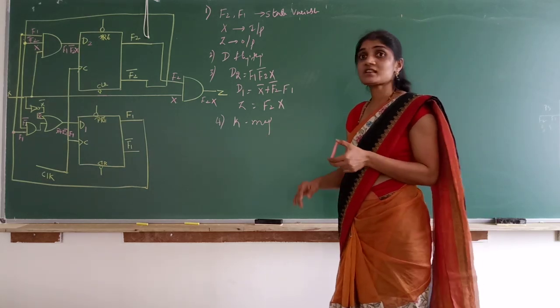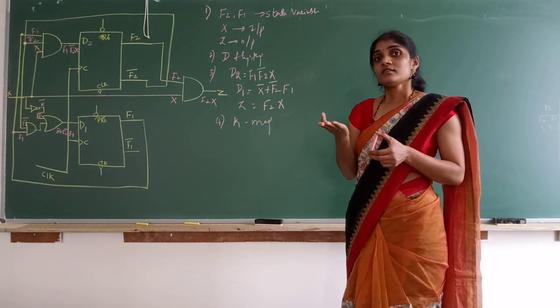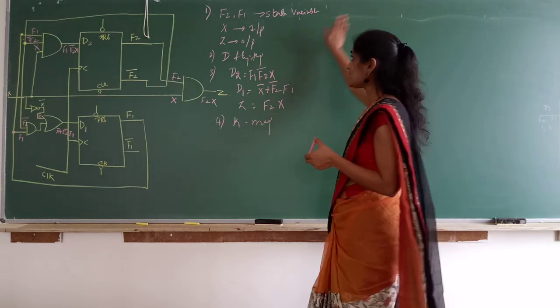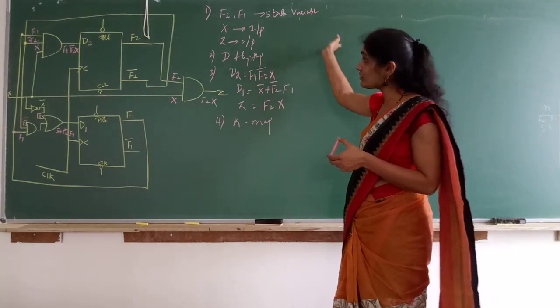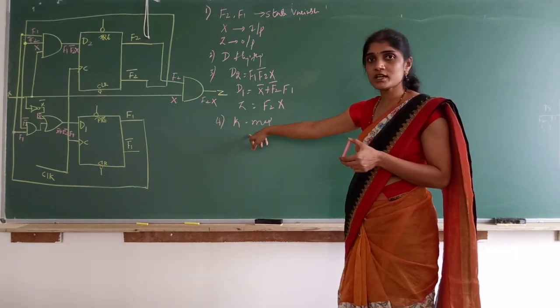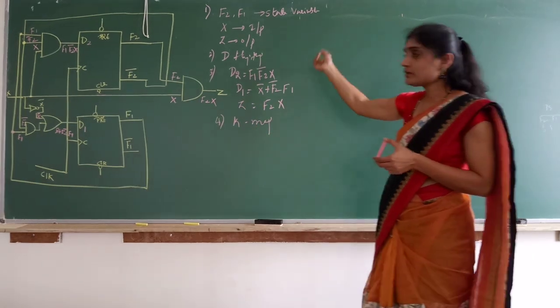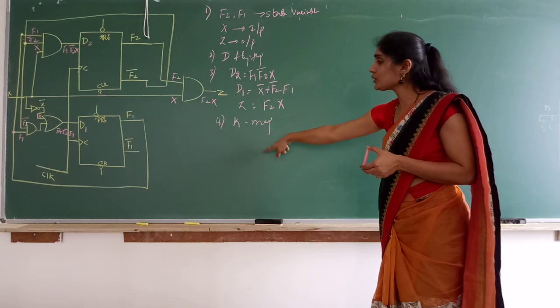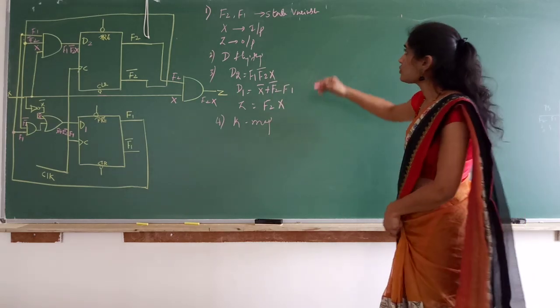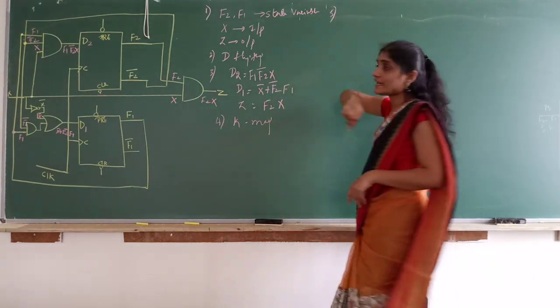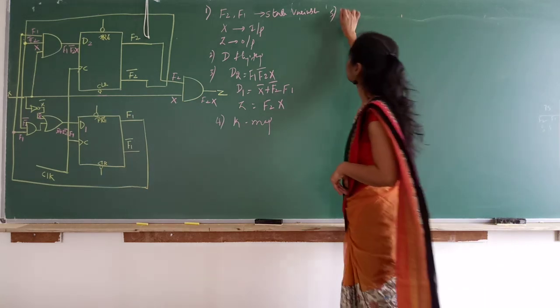So the fourth step is K-map, but what we have done is we have not written the K-map first. We wrote the excitation table first. From the excitation table, we wrote the K-map. So you can follow the same method. Leave some space here so that we can write the excitation table, and from that you can write the K-map. So what is the fifth step? The fifth step is to write the excitation table.